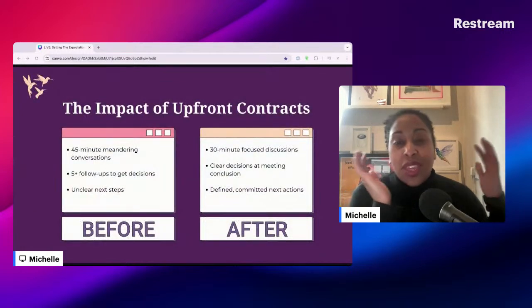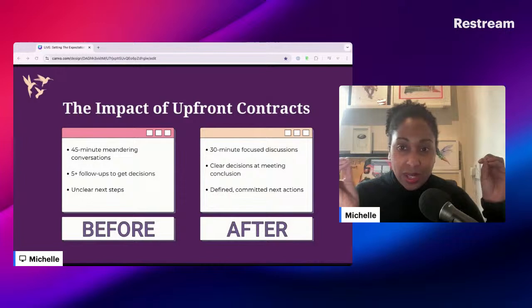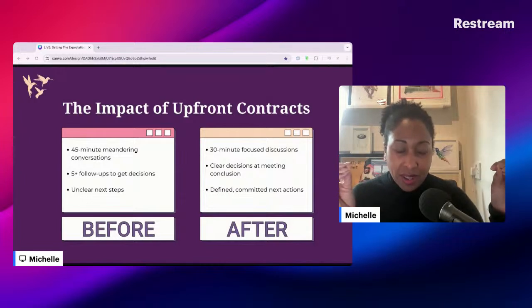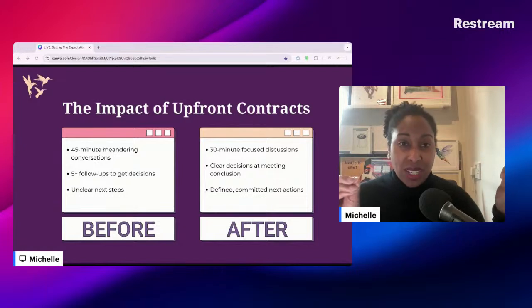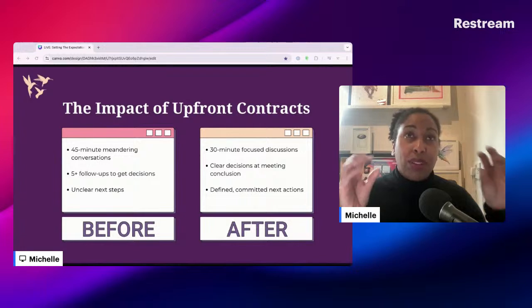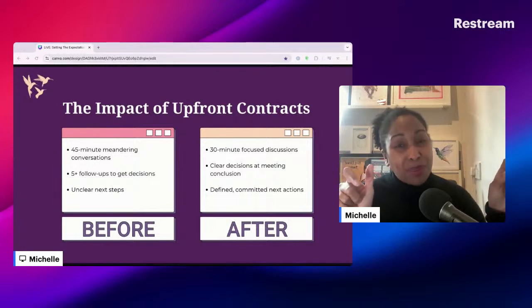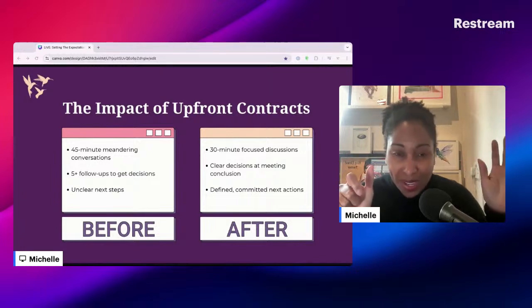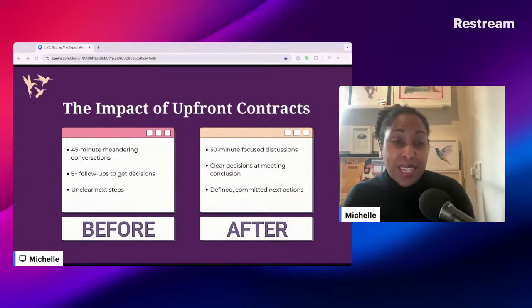So let's look at the impact of brilliant upfront contracts. Firstly, the key benefit is clear communication, and that clear communication allows you to flesh out unexpected interruptions by making them more expected, and ultimately makes it easier for you to forecast business.